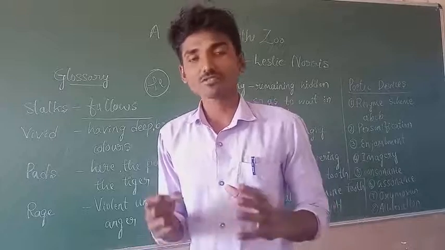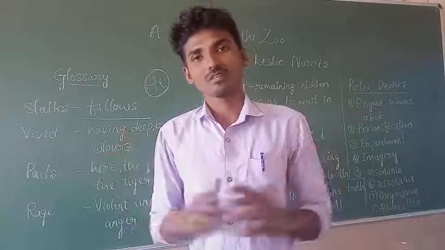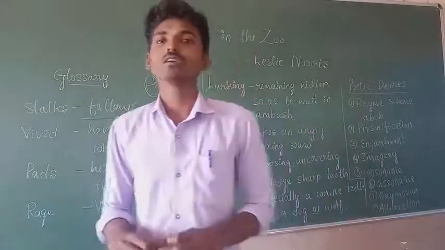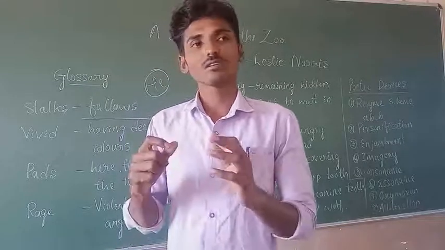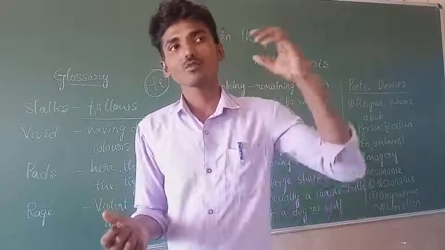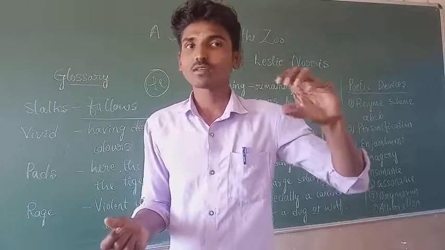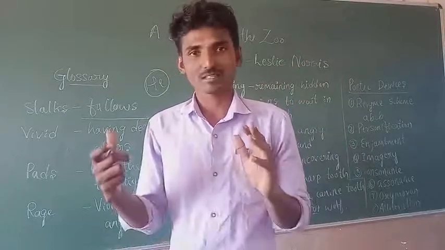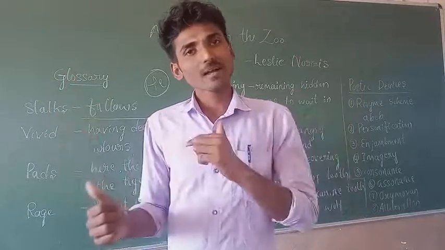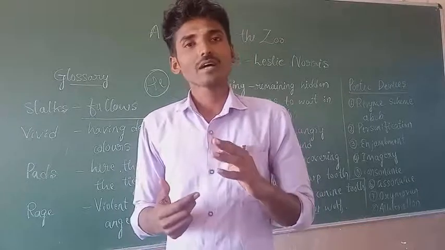Stripes means here lines on his body, different types of colors of lines on it. You can look at the body of the tiger: yellow and black colors on it. The tiger looks like it has different stripes like this. Stripes means lines. Usually a tiger has two colors,